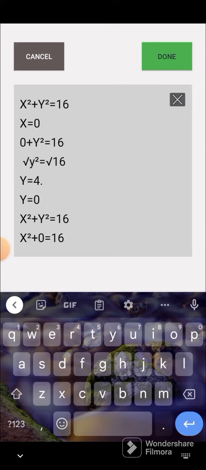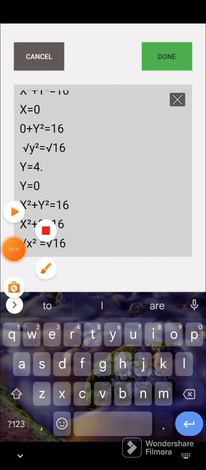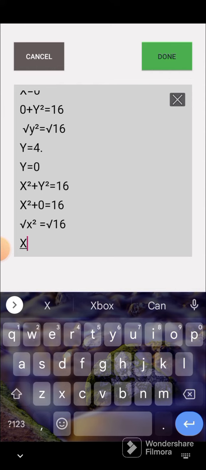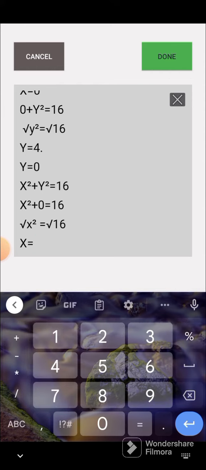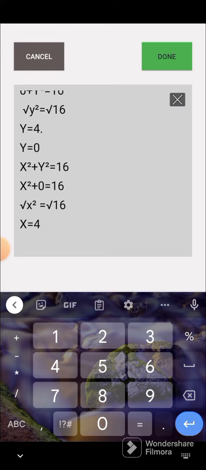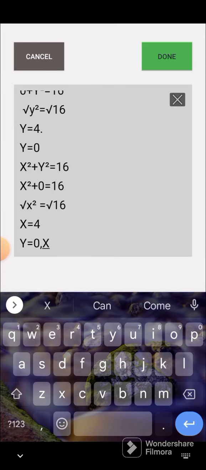So basically 0 means nothing. So x squared is equal to 16, we square root both sides to find x. That's the square root of x squared is equal to the square root of 16. And you know the square root of x squared, the square cancels the root. So it will be left with x, equal to what? The square root of 16 is 4. So when our y equals 0, our x was 4,